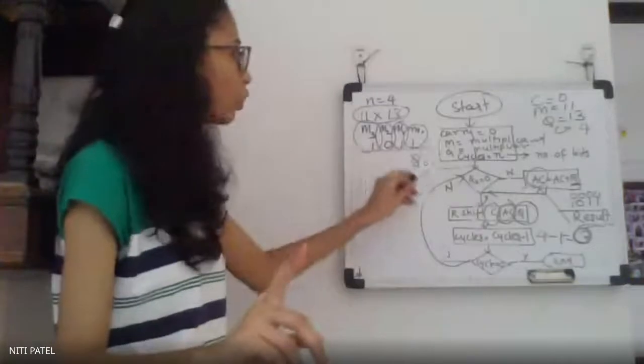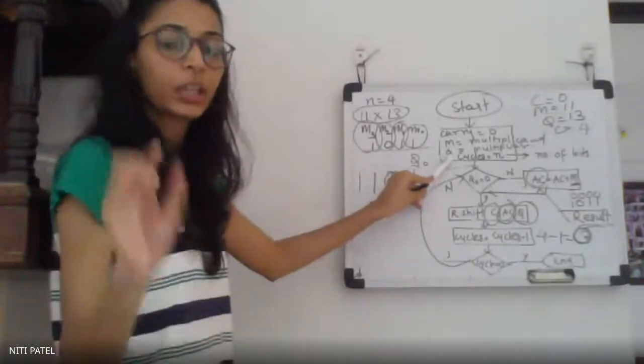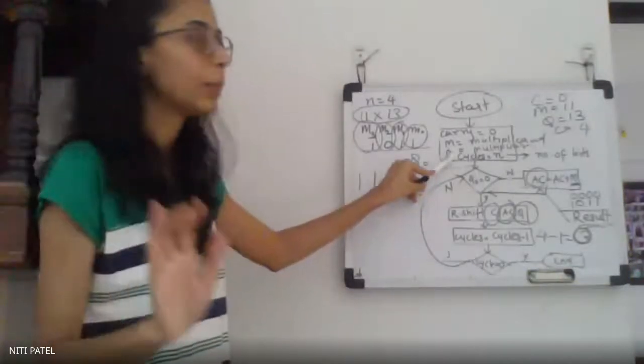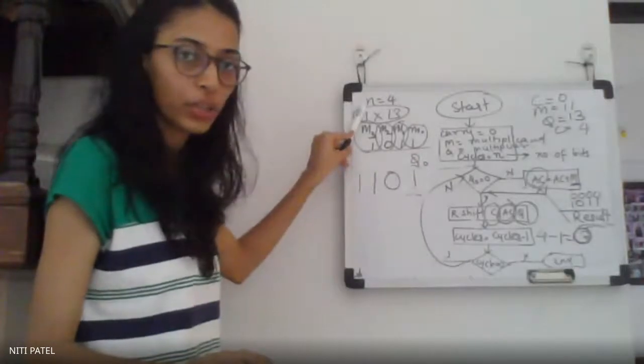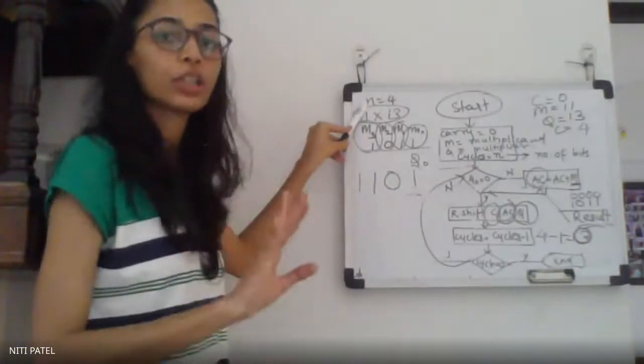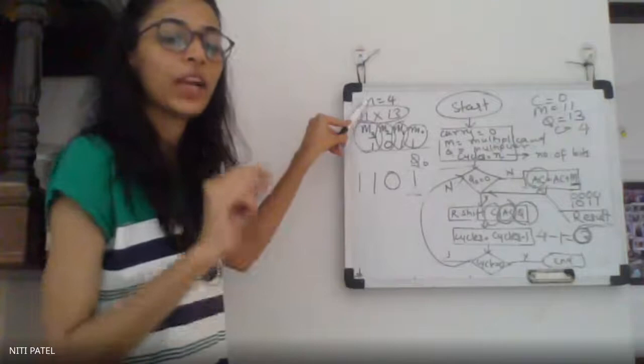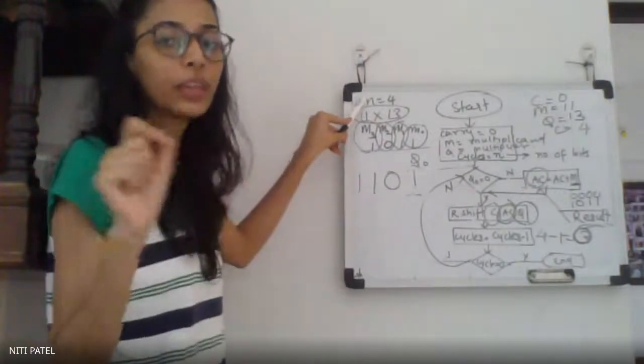So what we have to do at the start, accumulator will be 0. The number of bits in the accumulator will depend upon the size of your register. It will be 4 if it is not specified. But if it is specified, take it as 5. You have to make 5 zeros.